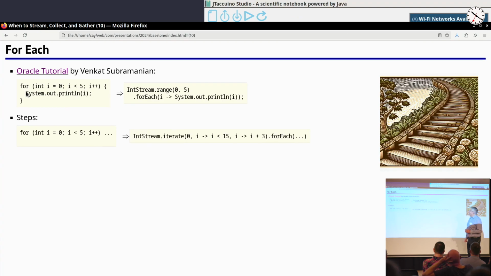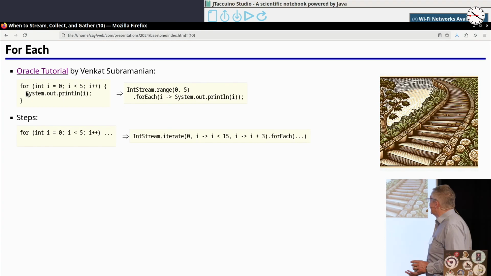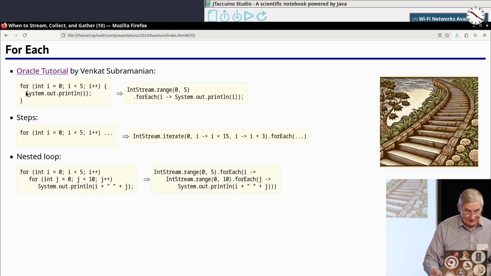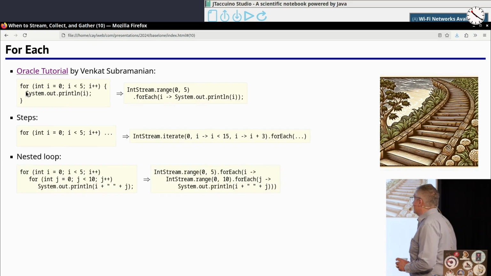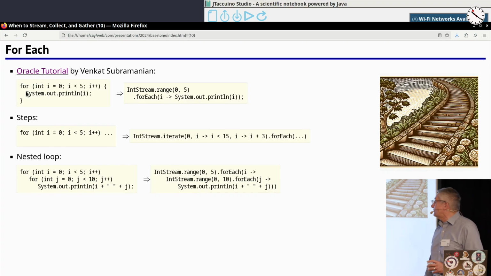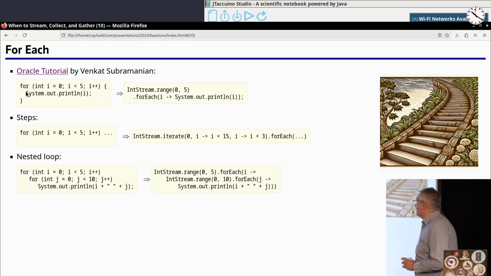And when I looked at that, I said, that sounds a little implausible. Of course, I can make any pattern with iterate. It's this very general construct, but it doesn't parallelize, of course. And I had never really used it before, and I had an instinctive dislike for this. It doesn't get any better with a nested loop. So here is your typical loop with i's and j's, and yes, you can rewrite it, and it looks like this.